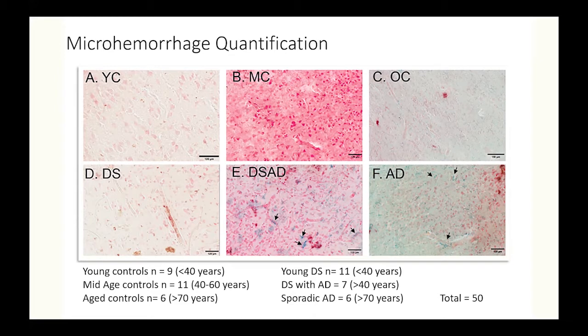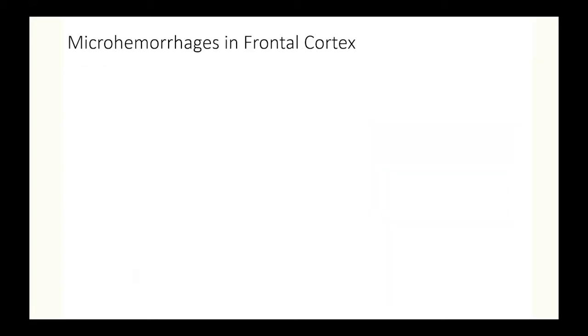And in this case, we hit up the NIH Neurobiobank for younger control cases under 40 and those with AD pathology, which were typically over 40, and compared those to sporadic AD. So this is a big study, and here's some representative images. Prussian blue is not a pretty stain when it works extremely well. So it does take a lot of manual labor to kind of look at things very carefully and quantitate them.